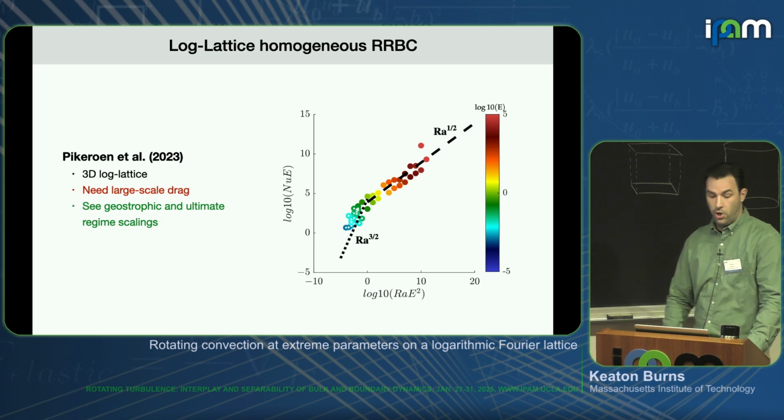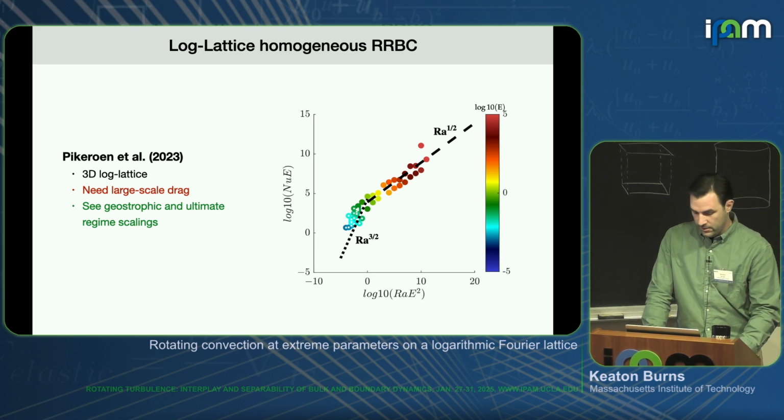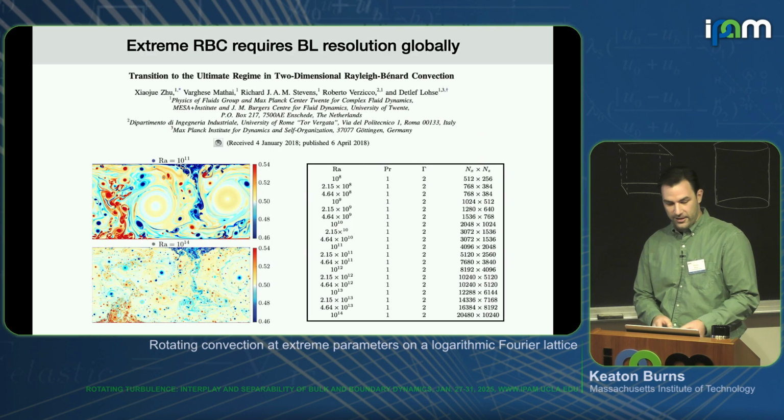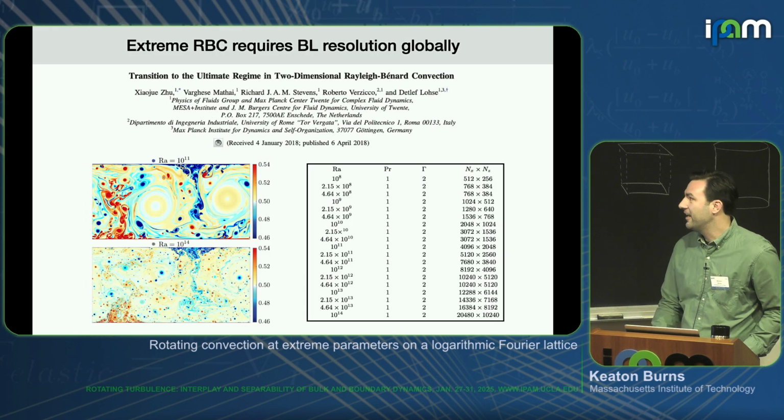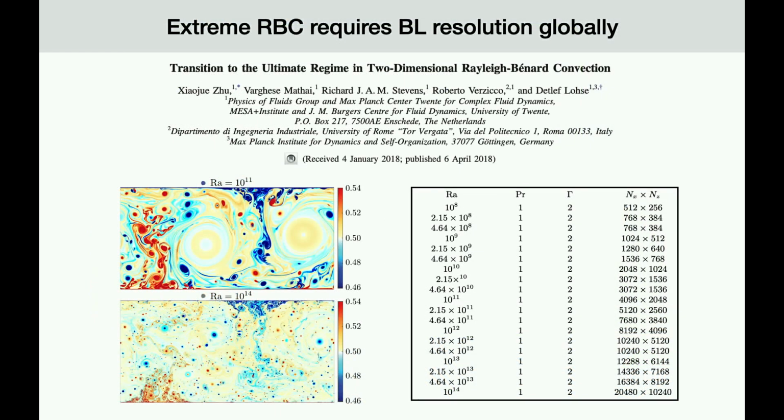Okay, so there's been lots of work to apply this in the homogeneous setting, but there's no boundaries there. So I wanted to do this with boundaries and apply this to Rayleigh-Benard, but actually with walls top and bottom. And the challenge there is that to do high Rayleigh number simulations of true Rayleigh-Benard convection, you need an